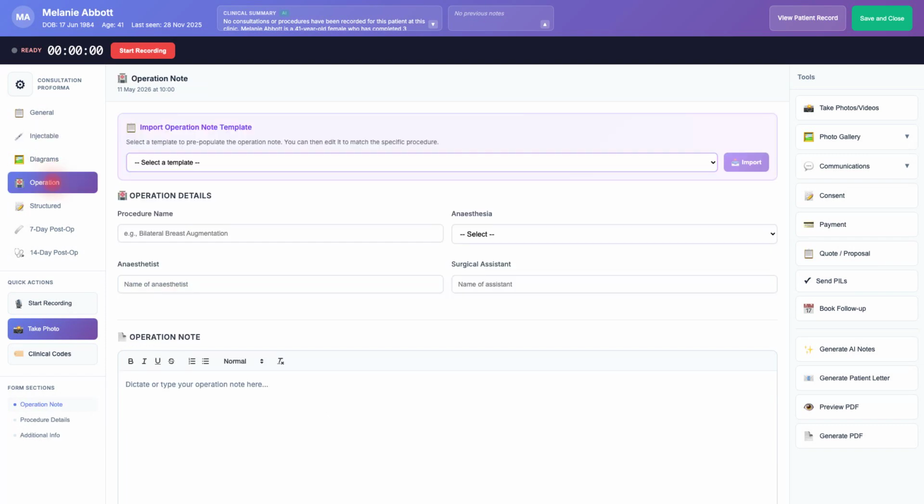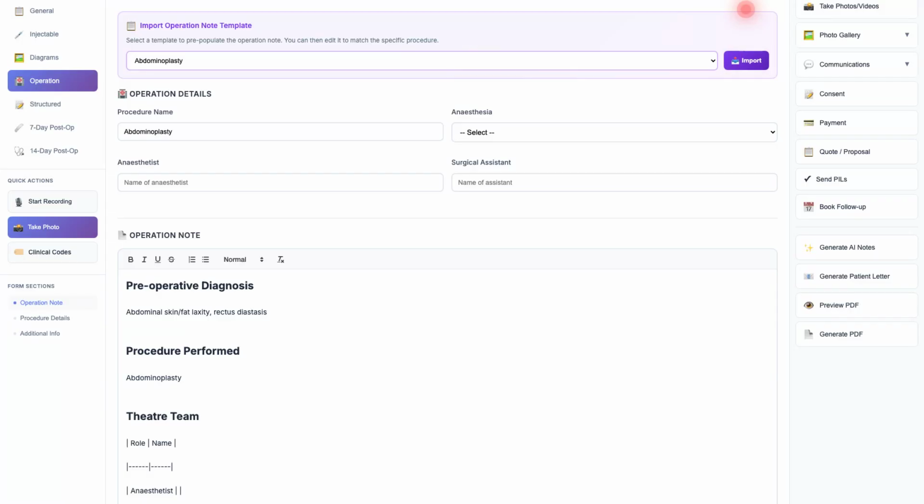The Operation tab captures the formal record of a procedure. You can write the operation note from scratch in the editor. But for procedures you do regularly, it's faster to import a template. Pick one from the drop-down. Let's load an abdominoplasty template. Click Import. The template fills in the editor, and placeholders for patient name, surgeon, date, and procedure are replaced automatically